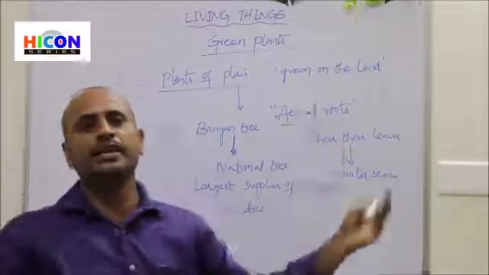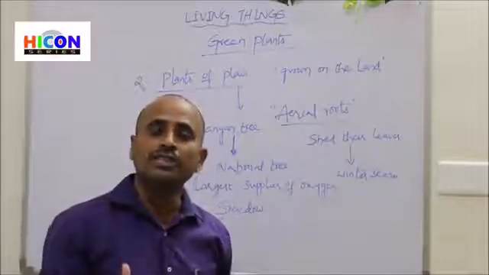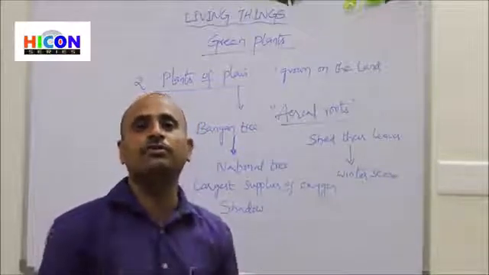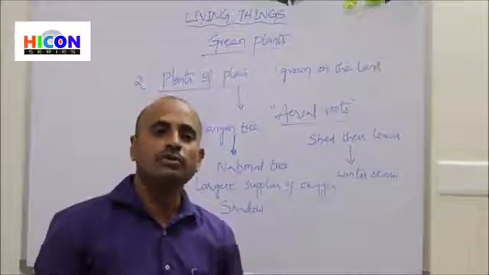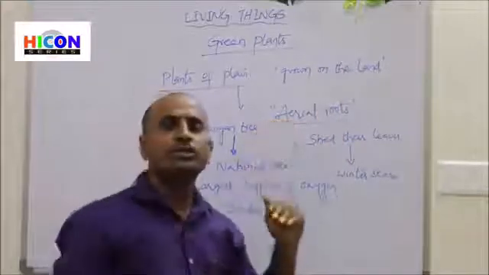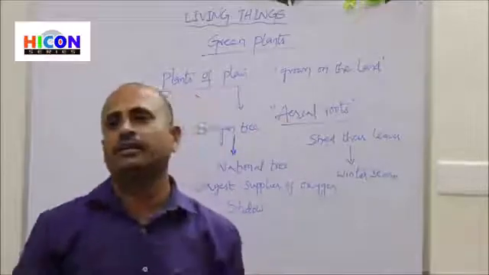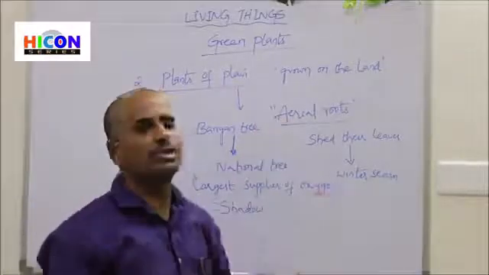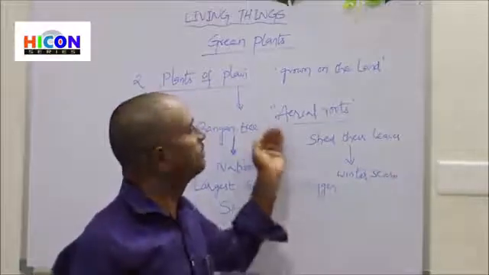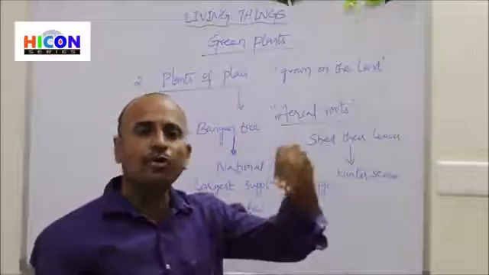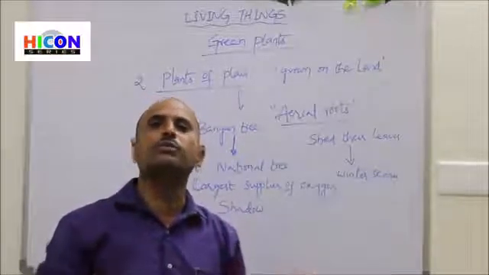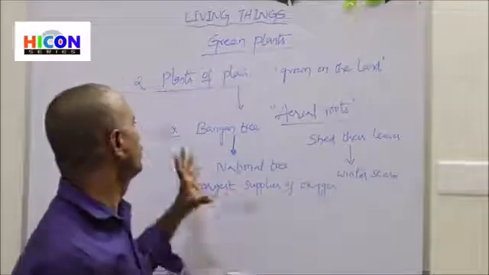And these aerial roots give support to the banyan tree, because the banyan tree is a huge, large-sized tree, and the root present at its bottom under the soil is not enough to support such a huge tree. That's why these aerial roots give support. They are produced from the branches, and after some years, they go inside the soil and give strong support to the banyan tree. So this is about banyan tree.